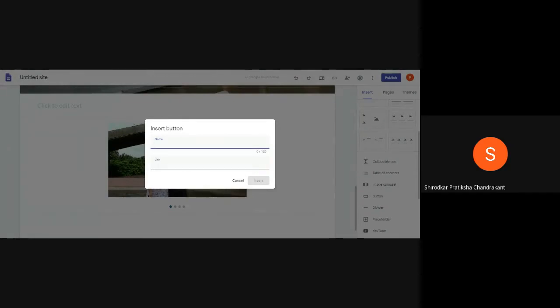So now here what you can do is you can give any name to the button. Say suppose if you have any video of your college which is there on YouTube and you want people to get a link, or you want people to look at that video associated with your college, you can just type YouTube, so that they will know that this particular button will take you to YouTube, or to the videos which are associated with the college.